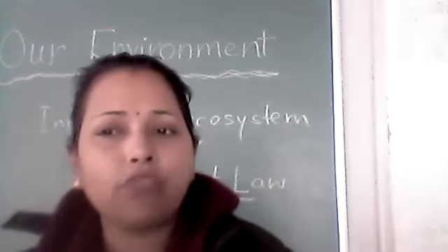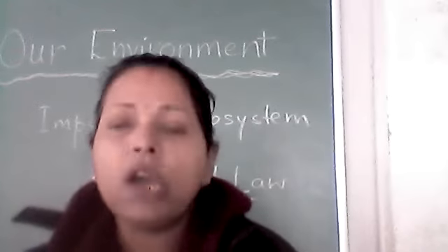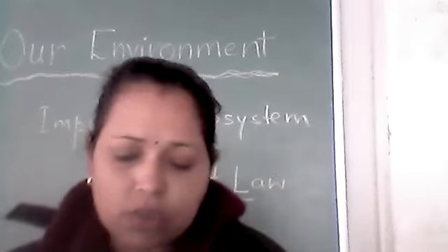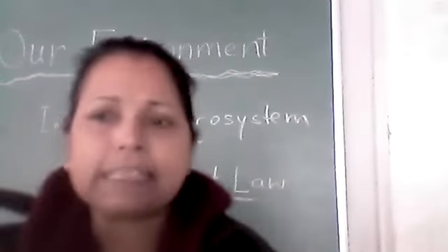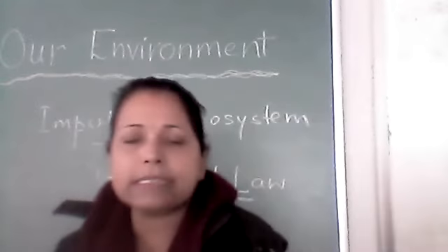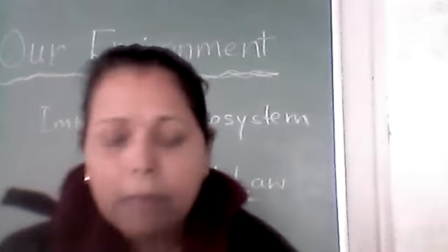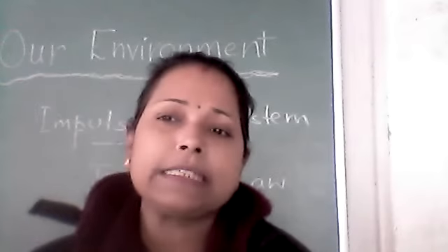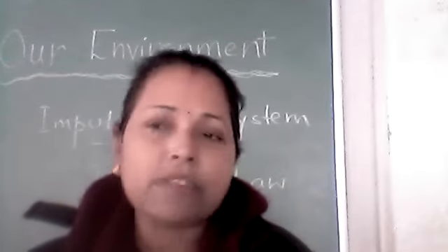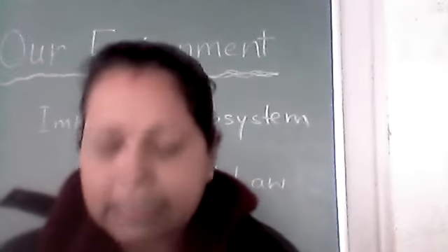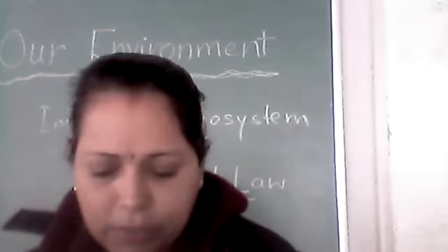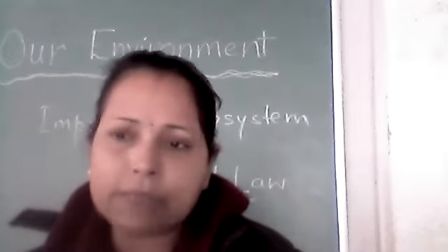Okay, lost in which form? Either in respiration or in digestion, or we can say in transfer. So only 10% of energy passes to the next trophic level. When we are talking about the 10% law, what we come to know is only 10% energy is available to the next higher trophic level. The rest of the 90% is lost in respiration, digestion, or during energy transfer. So this is the 10% law.